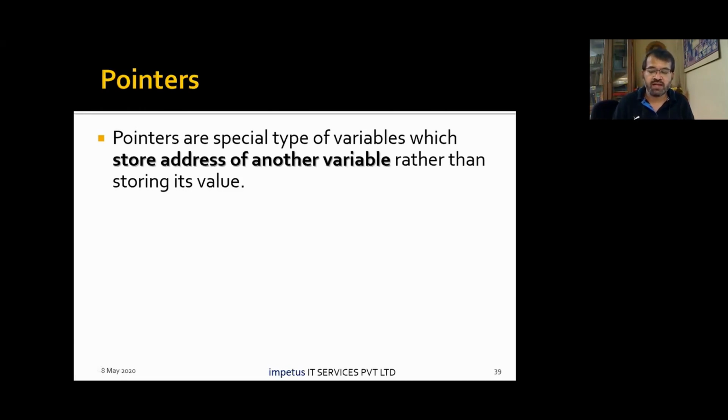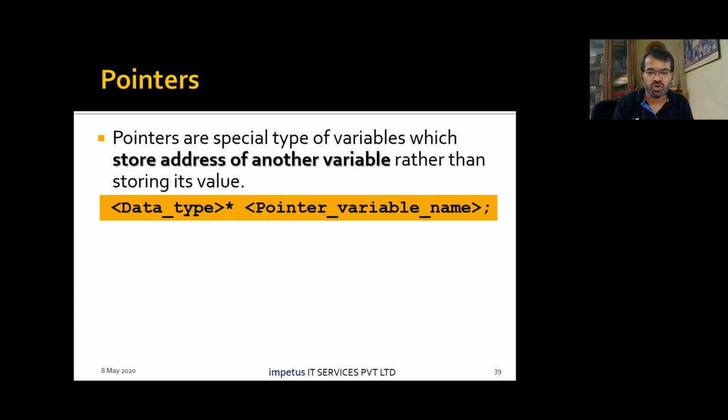They only store addresses. Now whose addresses do they store? They may store the address of any kind of variable. Today, we can create a pointer which can store the address of a character, but the point is, they are not storing values. What they are storing is addresses. That's something very important for us to understand. So pointers are special types of variables which store the address of another variable and they do not store any value.